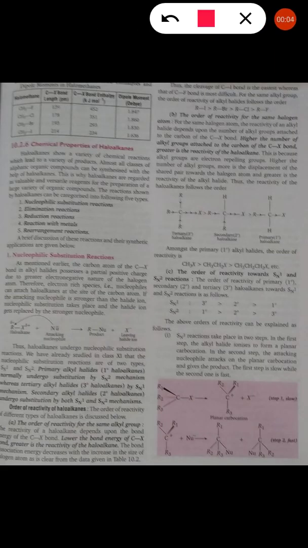As electron density increases to the tertiary carbon, here it is electronegative, here it is also electronegative. R is an electron releasing group. If we add a nucleophile, is reaction possible at this carbon? The answer is no, because this is also electronegative, this is also electronegative, and this is electron rich. An electron rich species cannot attack the carbon because the carbon is already electron rich. So there is no reaction.